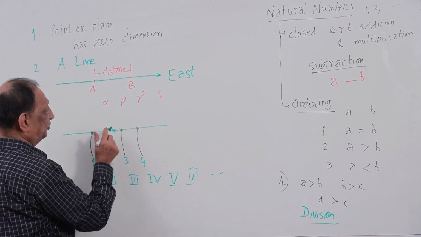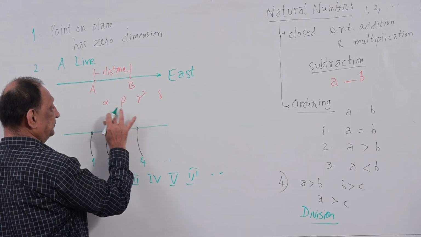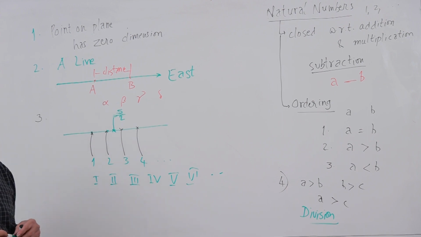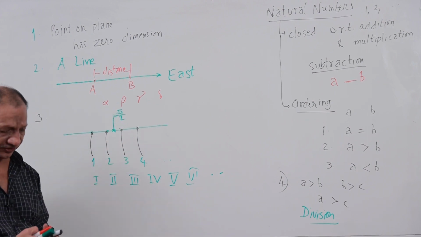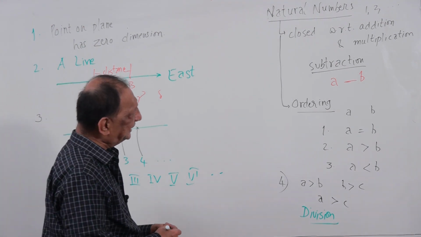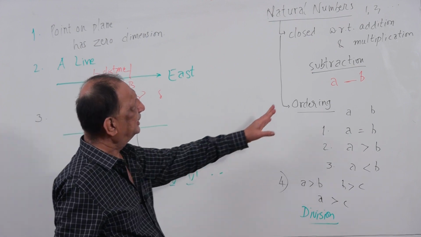Like exactly between 2 and 3 what we have is 5 by 2. 5 by 2 is the point, the center between 2 and 3, correct? No, it is 5 by 2. So that is a fraction. So when you take fractions also, we add that as part of the numbers, and fractions have the same